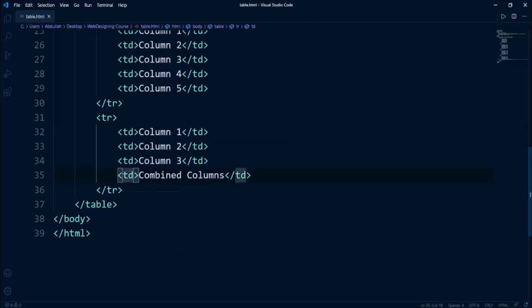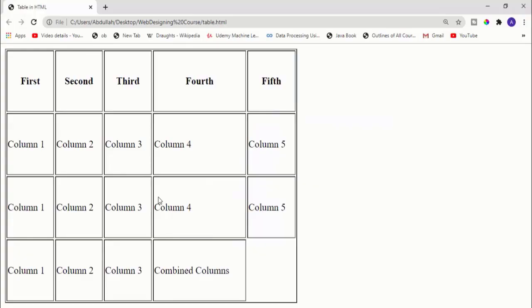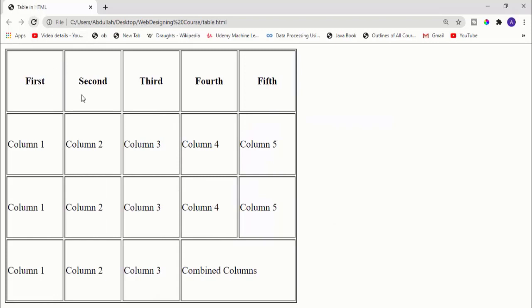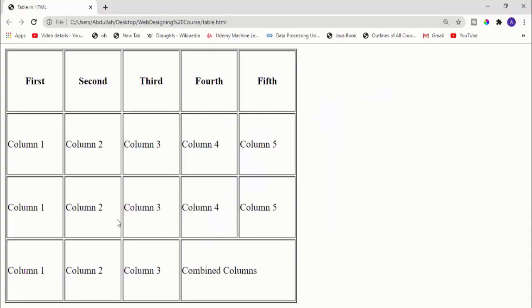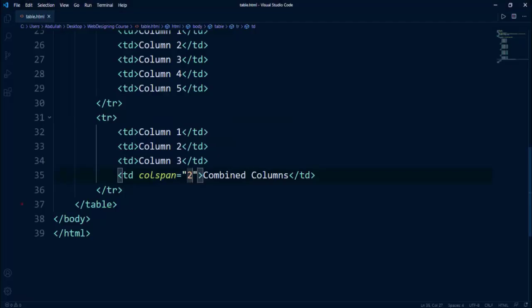For that we use an attribute which is called colspan. So here we'll say colspan 2. It means it will span 2 columns. So if I go back and if I refresh it, you can see this column is spanning 2 columns. Okay, so that's how column span works. So let's say we want only one column in this whole row.